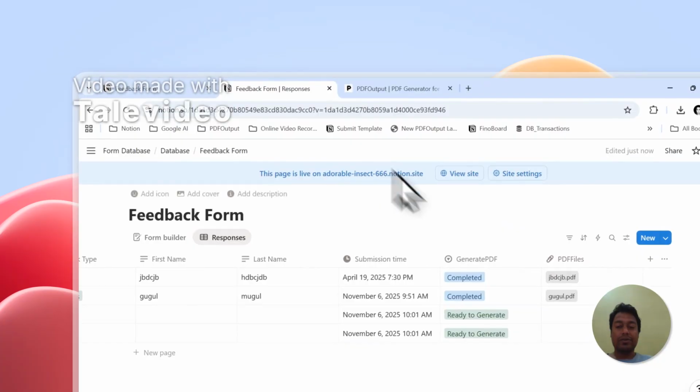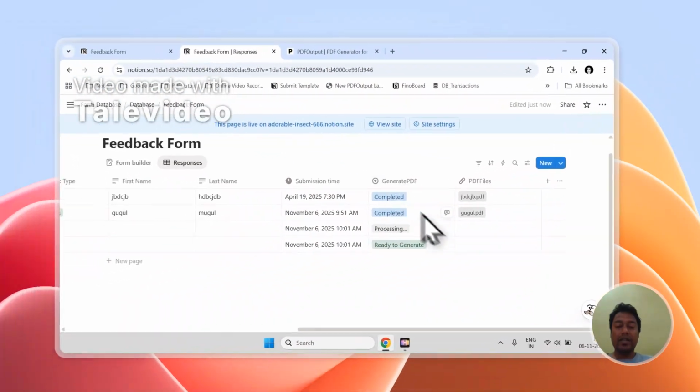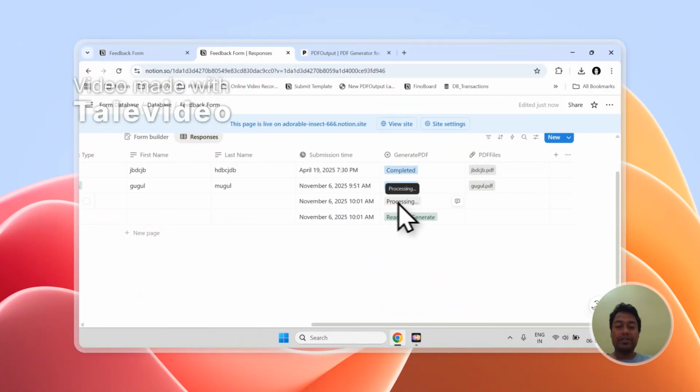That's it for the demonstration. And if you closely observe, it has already started processing this file which we had added, and very soon the document will pop up over here. Similarly, it will also process the second one and create a PDF file right